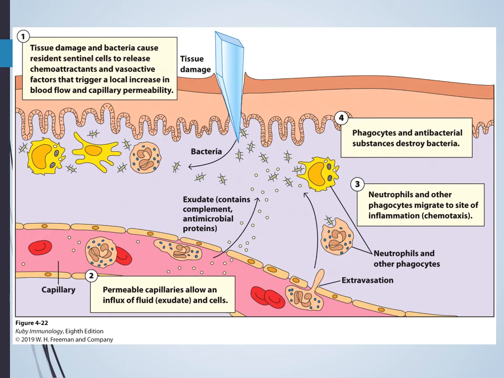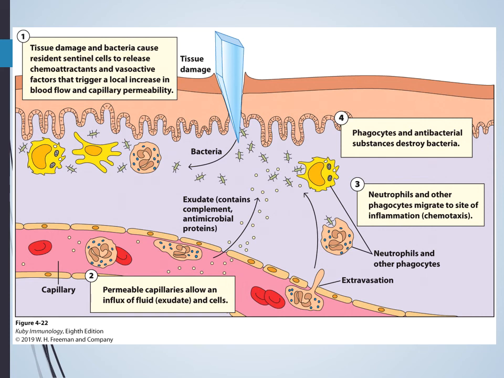Okay, so this is a good figure. Also, that phagocytosis figure is another good figure from this chapter. So this figure outlines inflammation and the steps that are happening in order to have an inflammatory response. Okay, so again, worth printing out. So for inflammation, we're going to have some kind of tissue damage. That tissue damage may lead to entry of bacteria, but this is going to cause some of these resident cells